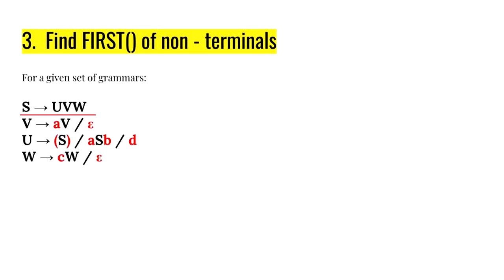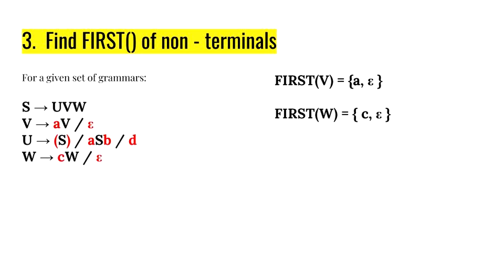If you take a look at S, it is the only non-terminal whose production rule starts with a non-terminal. We are starting with V. So first of V will be the first terminal that appears in its production. In this case, A and epsilon. The first of W will be C and epsilon. Similarly, the first of U will be the terminals that appear in its production, that is open bracket, A and